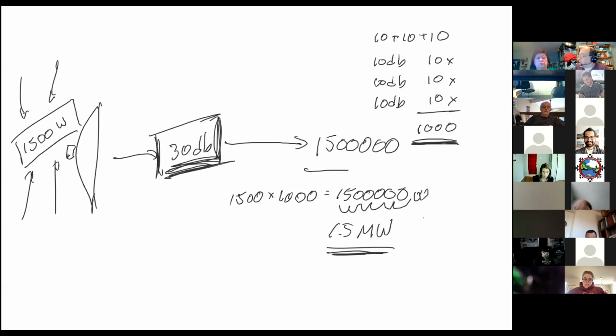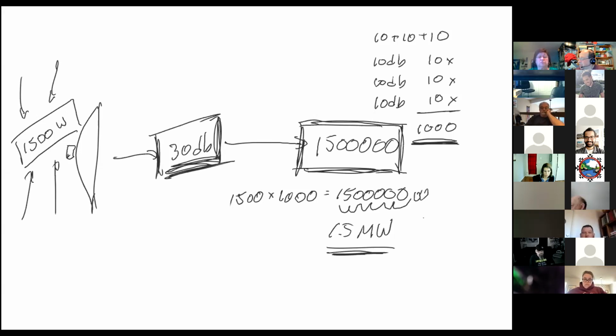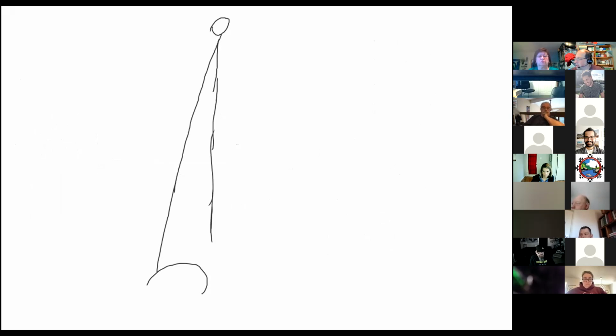So what would you use an antenna system and a power and an amplifier like this for? Long range communications. Yeah, what else? What else could you use it for? People actually do this. I'm going to bounce signals off the moon. That's exactly right. And this is known as moon bounce,